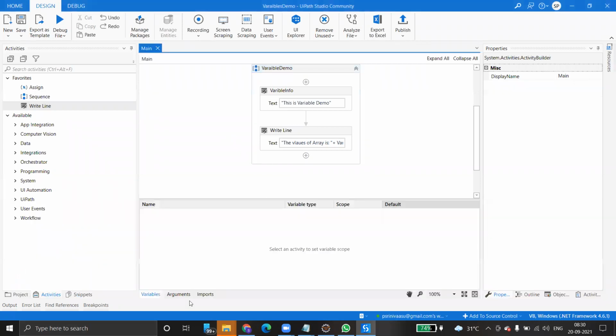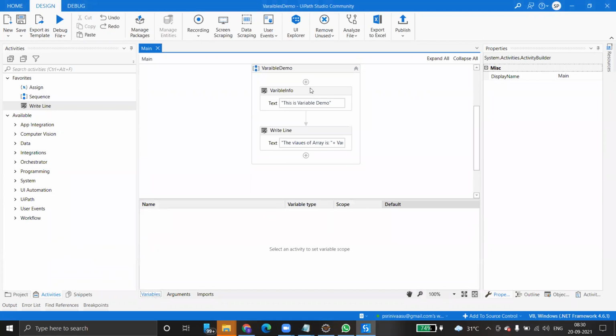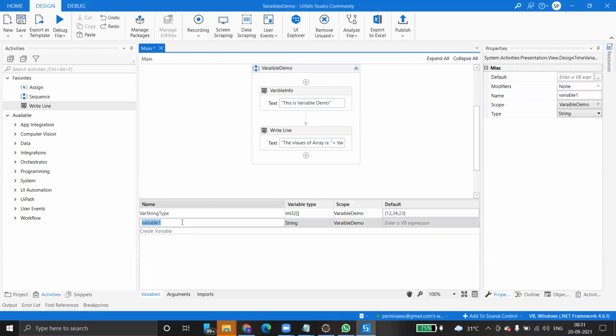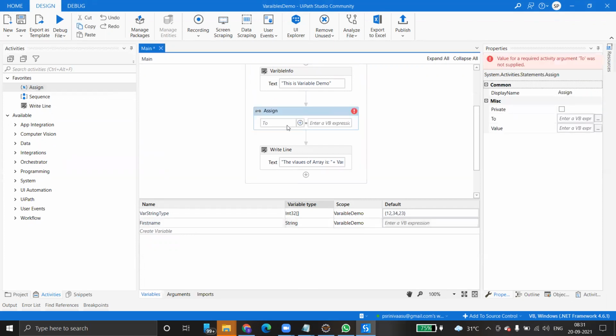I don't want to confuse you here, so I just want to give you one more example. I'm creating another variable here, in the sequence. This is first name, and it's a string type. I want to assign a value.